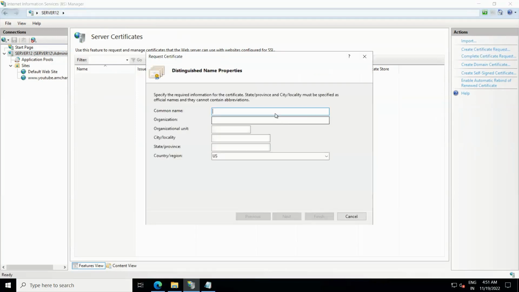Now here one form will appear to generate a CSR request, and we need to fill in these details to generate a CSR request for our website. So what are these details? First is the common name. Common name is nothing but the name of your website. Suppose for this website, we will use the common name as